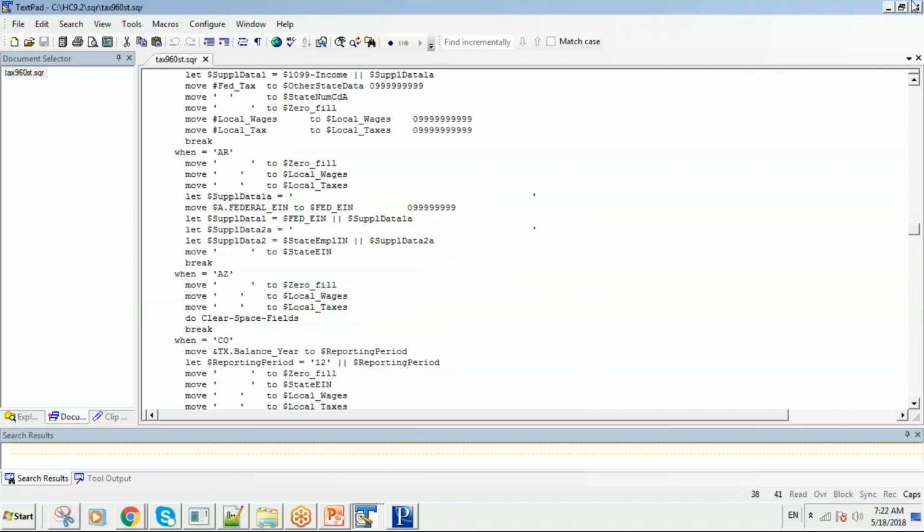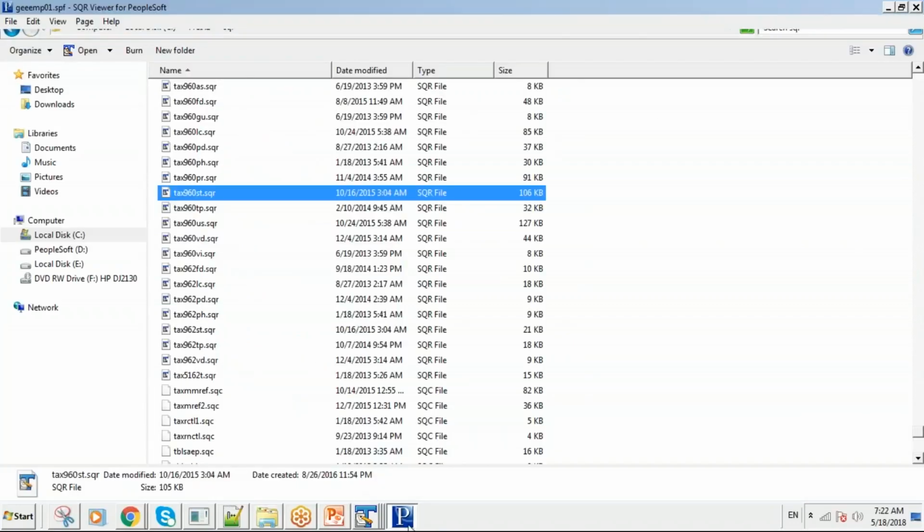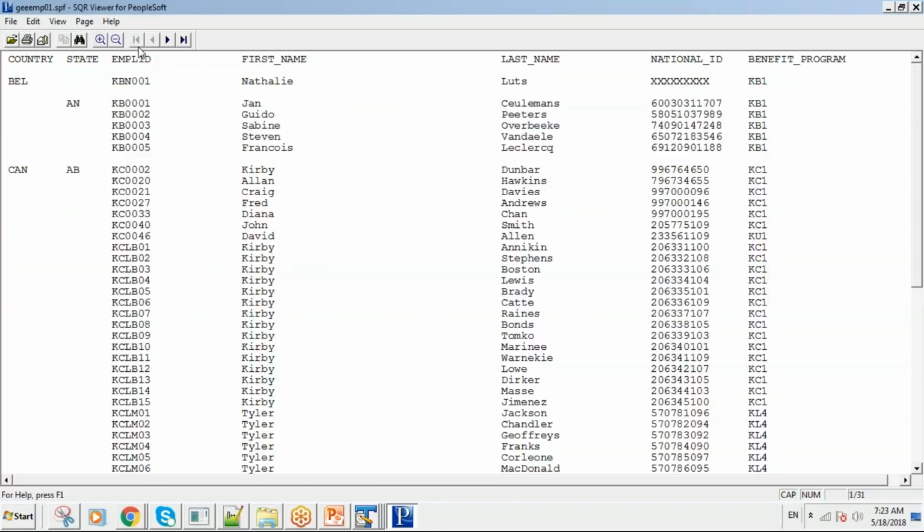Okay, come to our scenario. Here, what we did: on the very first, we took a break for the country print. In the next layer, we took a break for the state print. That means state printing is completely dependent on the country, because whenever the country is picked up, only then will the state be picked up. And here we have to keep in mind